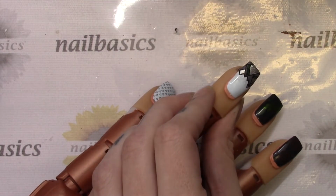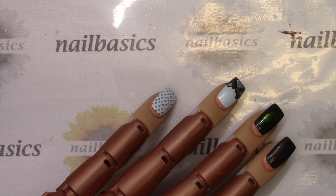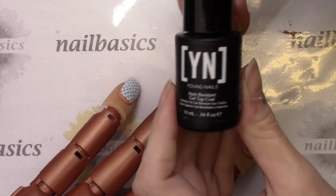And then that's all good. We'll just let it sit for a couple seconds so that Bondage can set. And then finishing off everything with your favorite